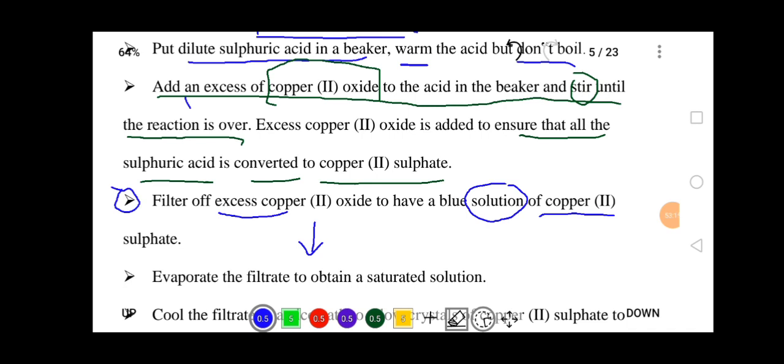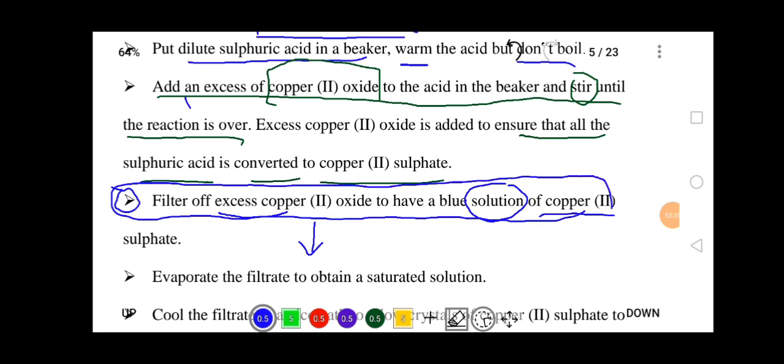There are two questions that can come here. The question may say, explain how you can prepare aqueous copper 2 sulfate. If the question is saying, explain how you can prepare aqueous, it means at this point you do have prepared your aqueous copper 2 sulfate. But if the question is saying, explain how you can prepare the salty crystals of copper 2 sulfate, you need